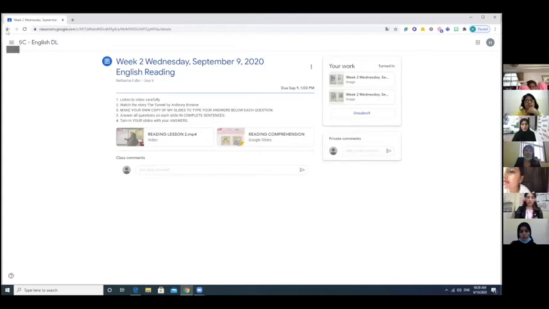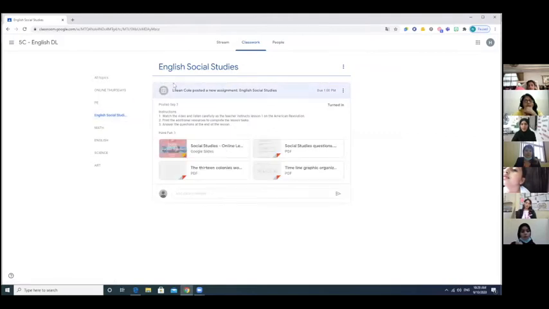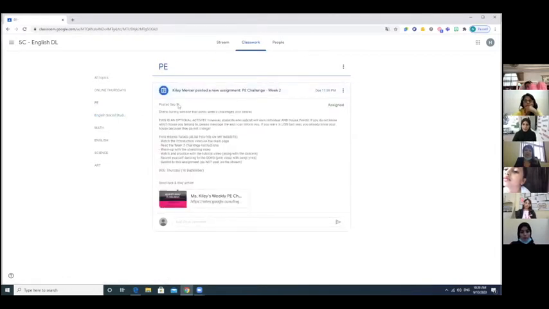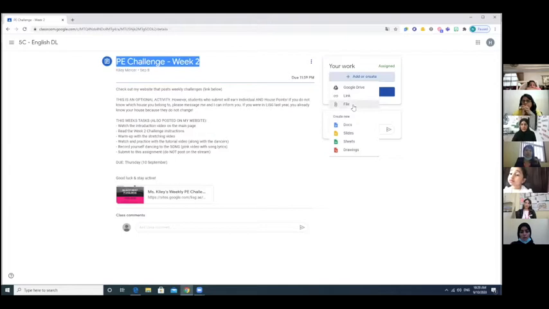إذا عندي شيء كيف ممكن أسلمه. الحين خلنا نشوف مثلا هذه المادة لونها أزرق، وهذه المادة لونها رصاصي. ليش؟ رصاصي معناته البنت خلاص سلمت الشغل، الأزرق معناها بعدها البنت ما سلمت الشغل. فأدخل عليها أشوف هني your work، هني المكان اللي أنا أسلم فيه كل شغلي، يعني من نفسه، من داخل الدرس نفسه أنا أسلم شغلي. أسوي add، إذا عندي صورة ممكن أحمل الصورة، إذا عندي فيديو ممكن أحمل الفيديو، إذا أحتاج أكتب أدخل عند دوكس بيفتح لي صفحة أكتب فيها،